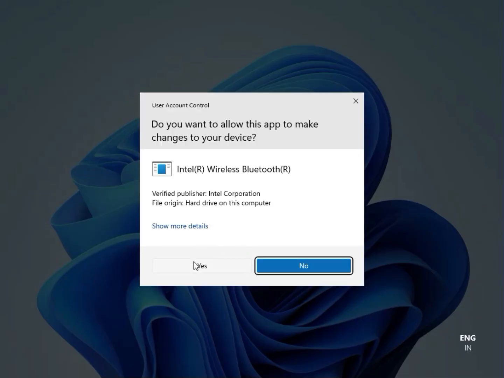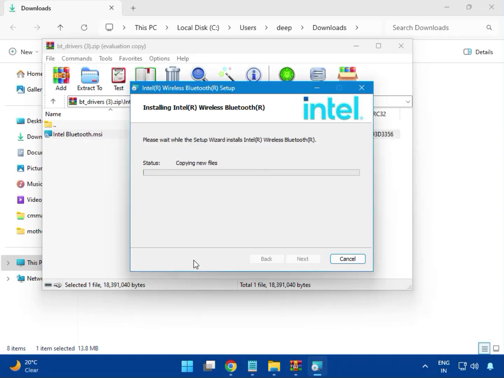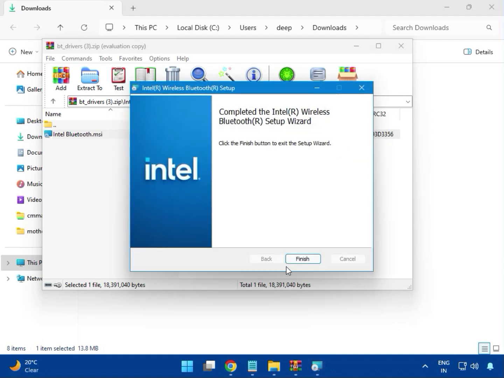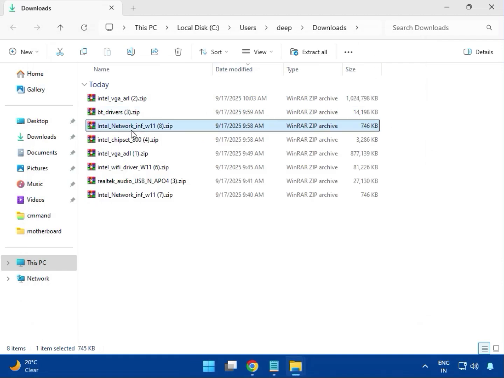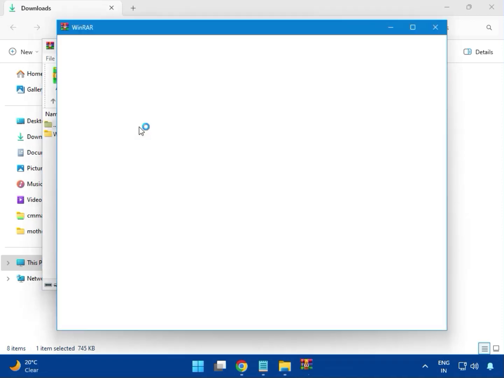After that click yes again for the administrator rights. Now you can see the installation is complete, and then finished. Close.